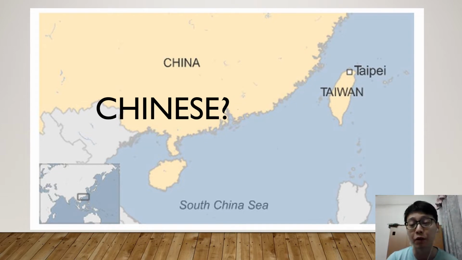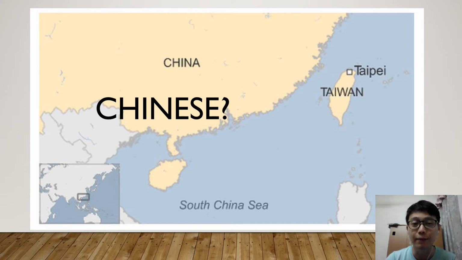So when we talk about Chinese, we always think of China, right? Of course, no doubt, the Chinese language originated from China, which is a big country with an old history. On the map you can see China, and on the right side there's a small island called Taiwan. These two countries have some political stories, and that needs another video to talk about.